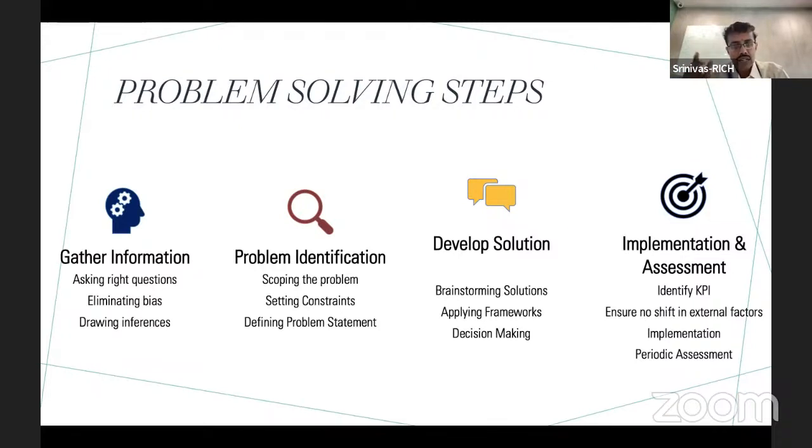Second thing is scoping the problem. So the problem can be very large. You break it down, you try to address it in bite sizes so that you can progress in the solutioning of the problem, right? So you set constraints on what you'll do, what's the scope of the problem, set constraints on whether it is time, whether it is money, or whatever else is needed to identify what tools you use to identify the problem, right? Defining a clear problem statement, and then further moving into solutioning of the problem statement.